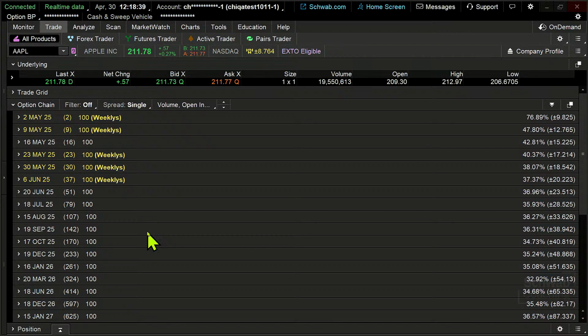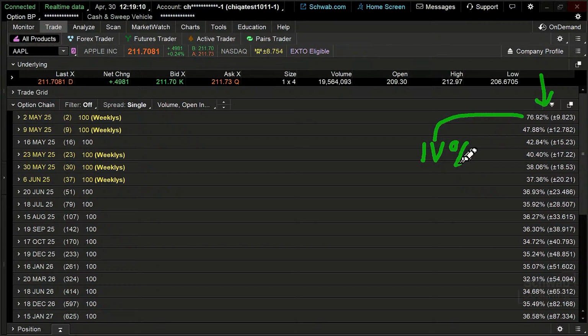Now, here's what we're going to look at. Over on the right-hand side of this option chain, you're going to see two numbers. Let me grab my magic marker here, and we're going to line these two numbers out. You're going to see this column right here, and in that column, you've got two numbers. You've got one number, that first number, which is implied volatility. So this number is implied volatility percentage, right?